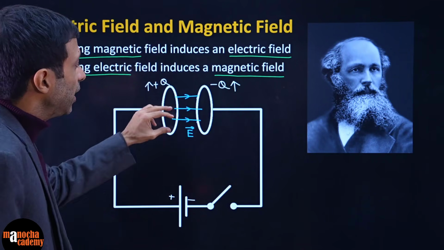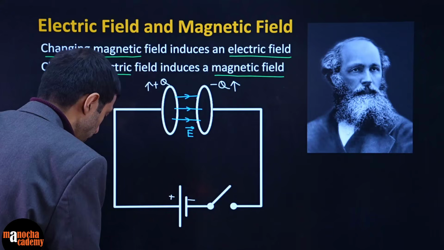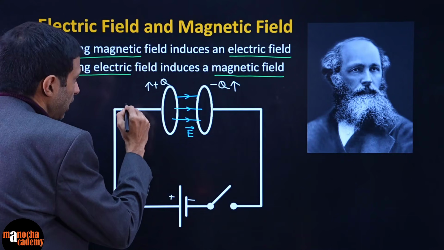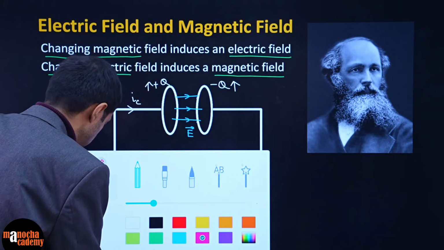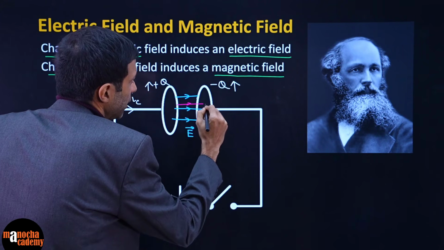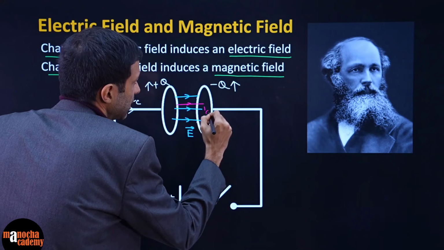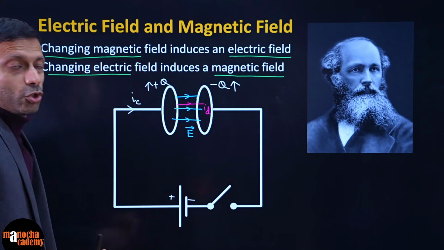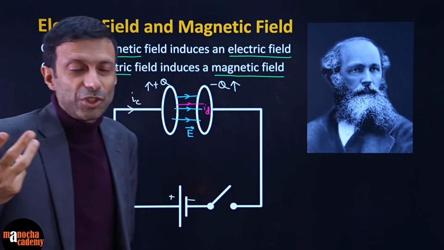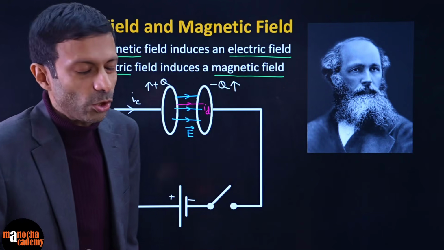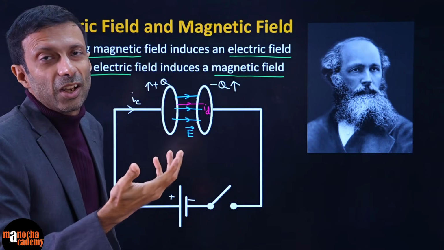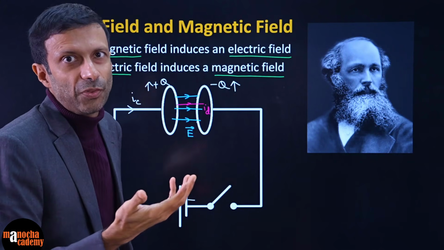Okay, so if you see, there is a normal conduction current here, remember we talked about, and there will be a displacement current in this direction, I_D. This displacement current is actually due to the change of electric field. He just called it a displacement current so that we can explain the magnetic field around it.